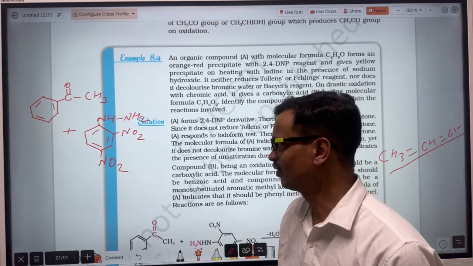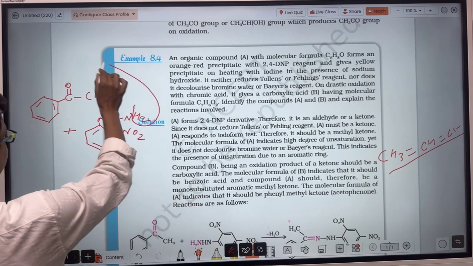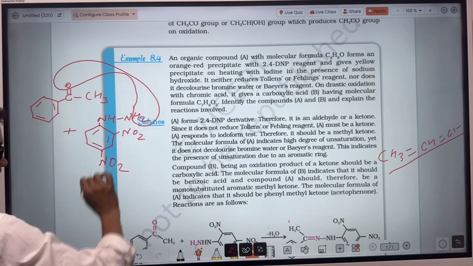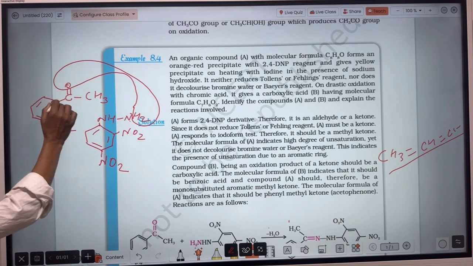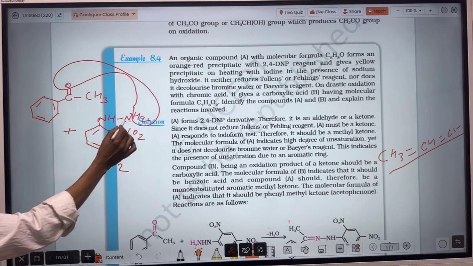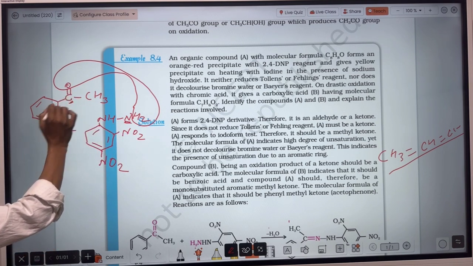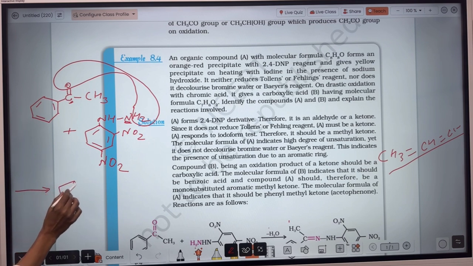So here, this compound is here. How to form this? These 2 hydrogens will combine with this oxygen. Finally that is happening, that is the end product. So this will combine and form H2O. Then a double bond will form between this carbon and this nitrogen. With this nitrogen and with this carbon, there will be formation of a double bond. So the structure will be